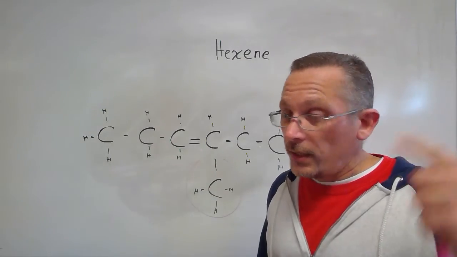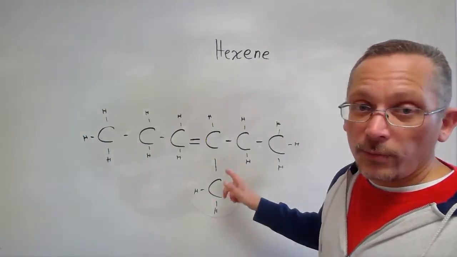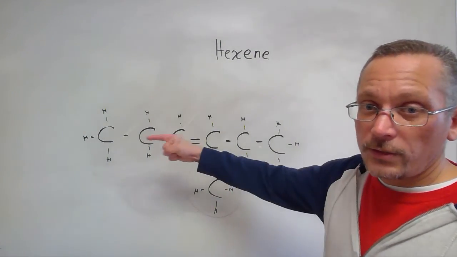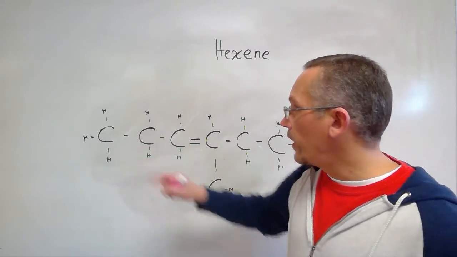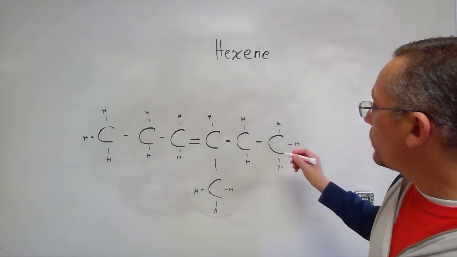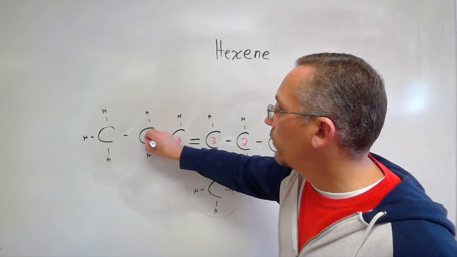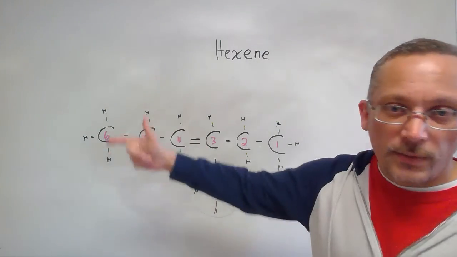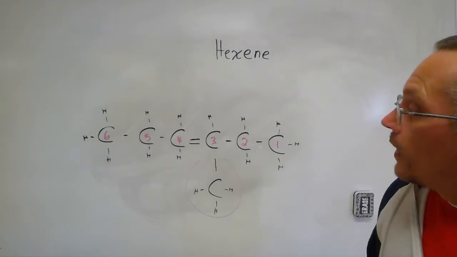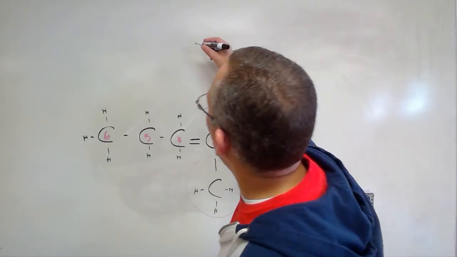But let's think ahead to our branch, because our branch is going to be numbered smallest going this way. So I'm going to number 1, 2, 3, 4, 5, 6. So numbering this way is going to give me the smaller number there. So my bond is on bond number 1, 2, 3. So this is 3